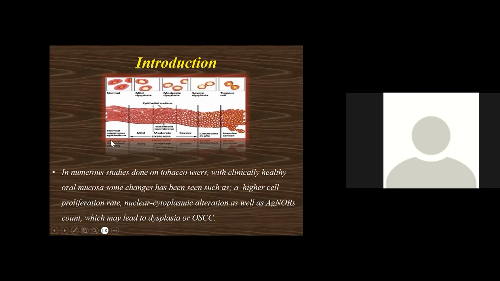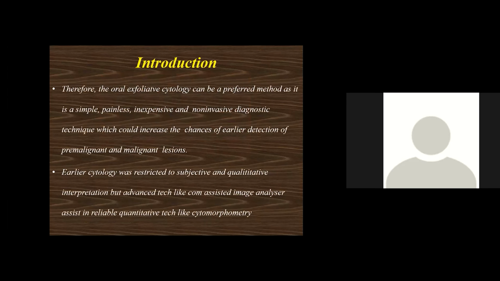So there have been several studies where clinically healthy mucosa have shown some changes, like higher cell proliferation rate, nuclear cytoplasmic alteration, and the AgNOR count, which may lead to dysplasia, and ultimately may result in OSCC, oral squamous cell carcinoma. It was the reason